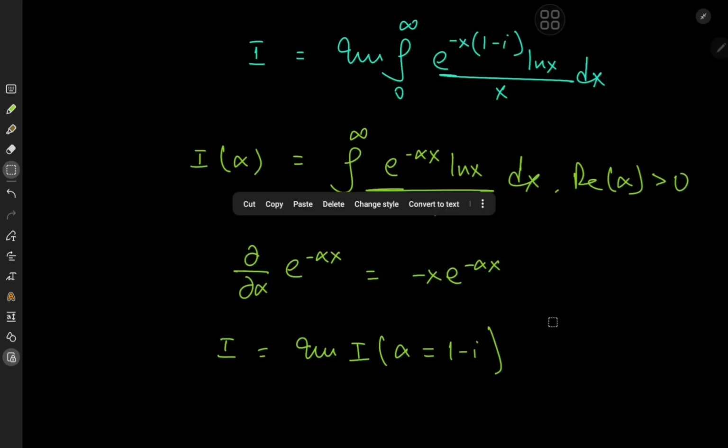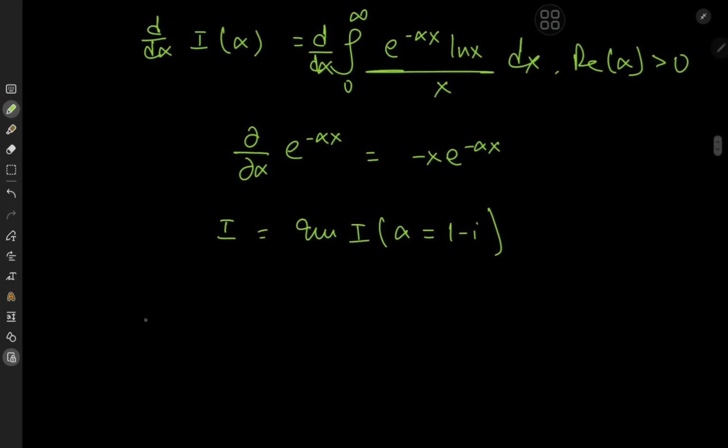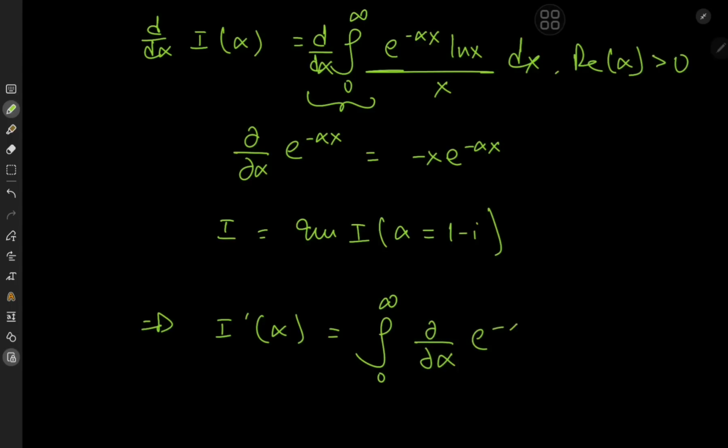So that means we have a solid plan in place, and we can now differentiate the integral function with respect to the alpha parameter. Meaning that on the left-hand side, we have the derivative of I with respect to alpha equal to, on switching up the order of the integration and differentiation operators, the integral from 0 to infinity of the partial derivative with respect to alpha, because of the Leibniz rule, of e to the negative alpha x times log x